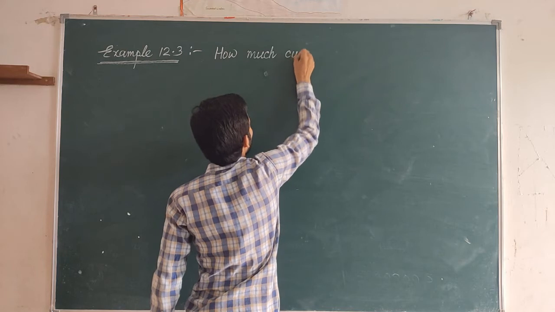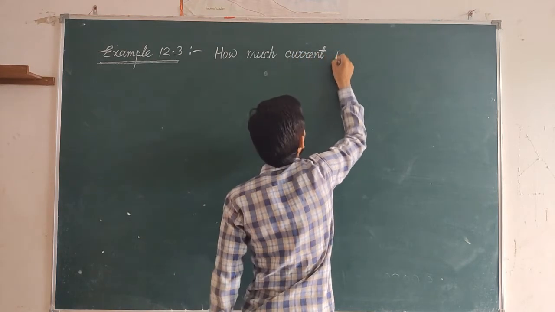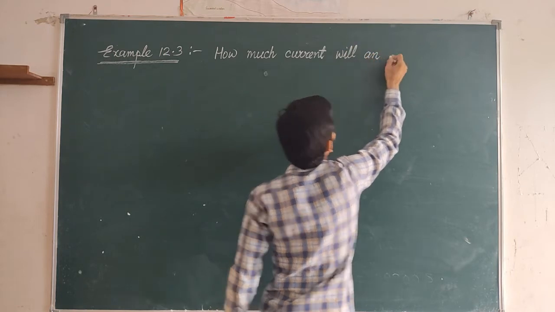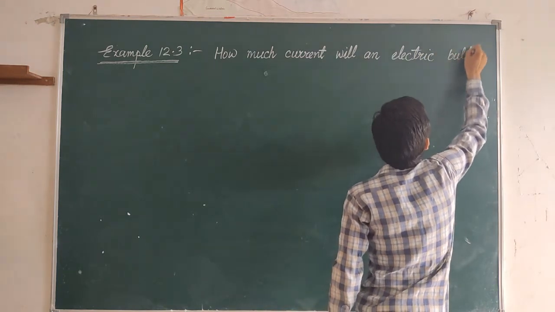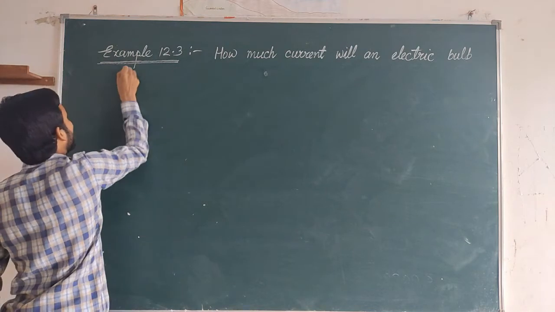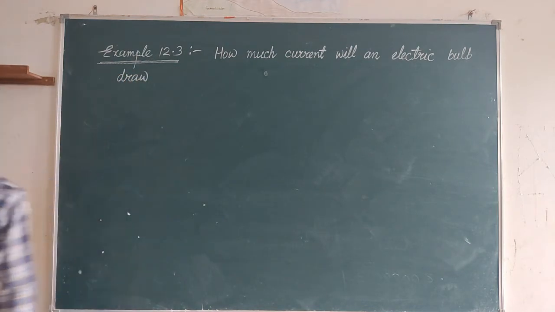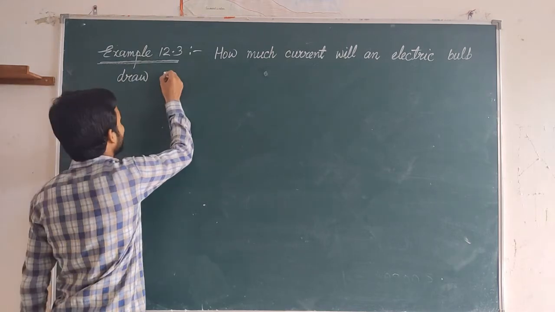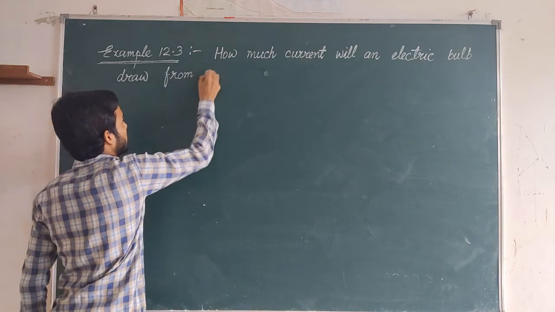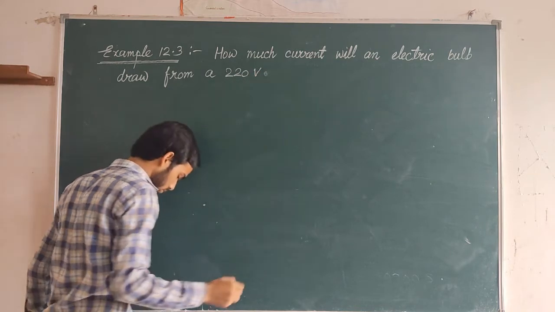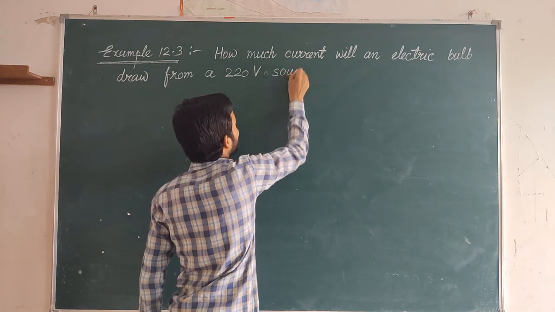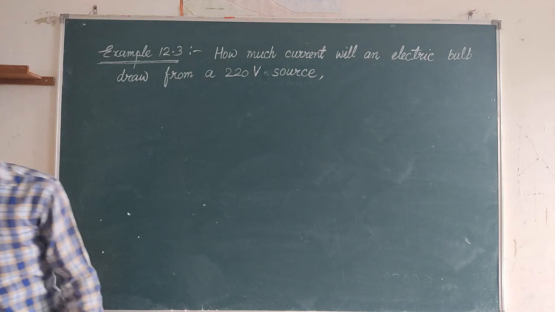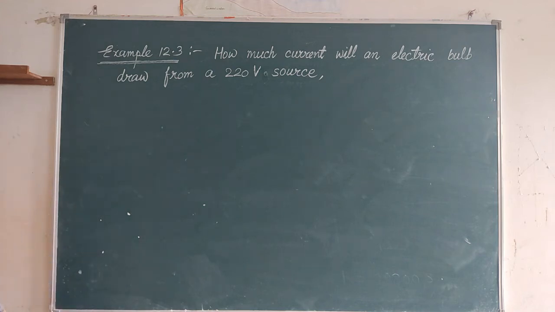How much current will an electric bulb draw from a 220 volt source if the resistance of the bulb filament is